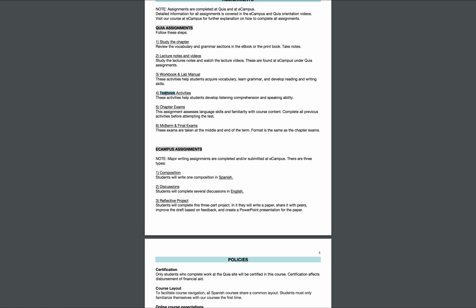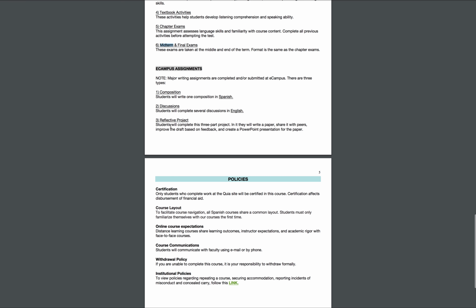There's also a help desk on KIA. If you have problems with KIA and recording, contact the help desk. But you have 24 hours to make sure that you are able to record on your computer. It's part of the requirements of the course. You'll have your chapter exams on KIA, and your midterm and final as well.